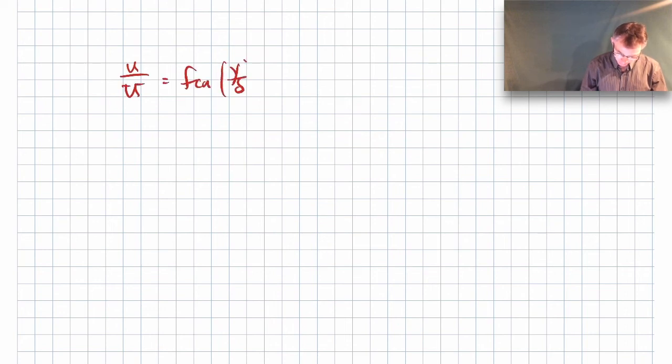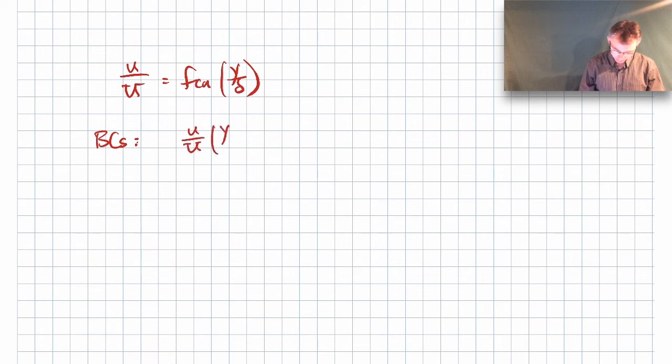for the velocity profile in the boundary layer, recall that we're trying to get what the velocity is, the horizontal velocity. Here it's expressed in dimensionless form as a function of the dimensionless vertical position. We need to make sure we satisfy certain boundary conditions. The first one is, of course, the no-slip boundary condition at y over delta equals 0. This is right at the plate surface, so we should have 0 velocity there. And then the other one is that we match the outer flow velocity when y over delta is equal to